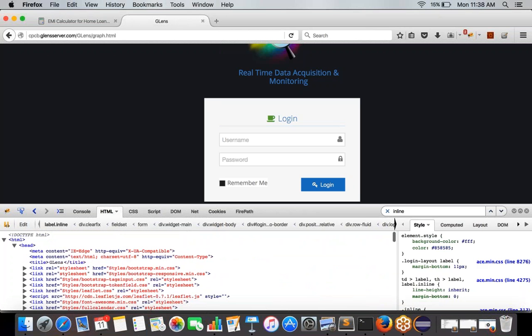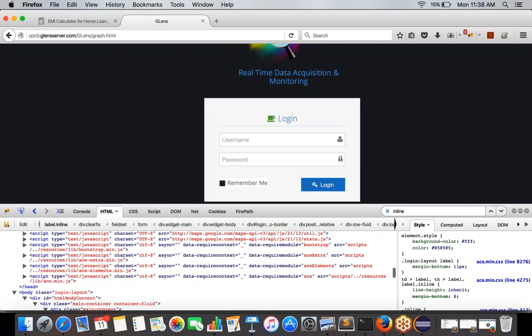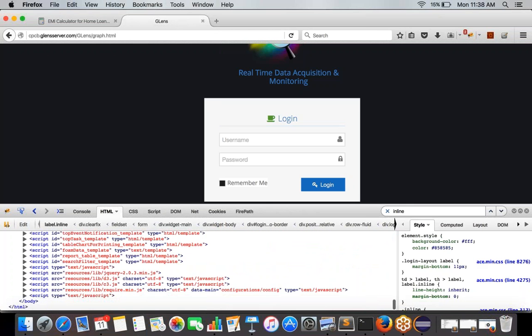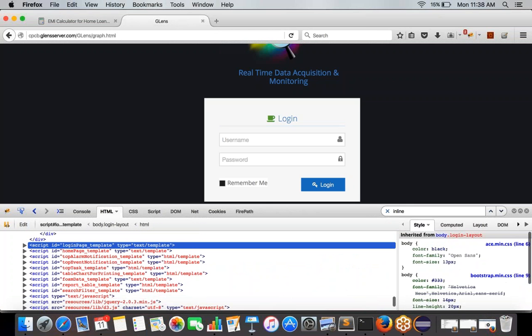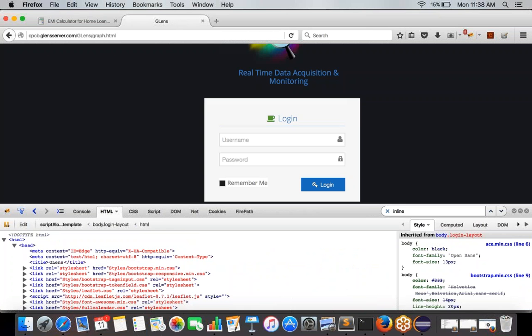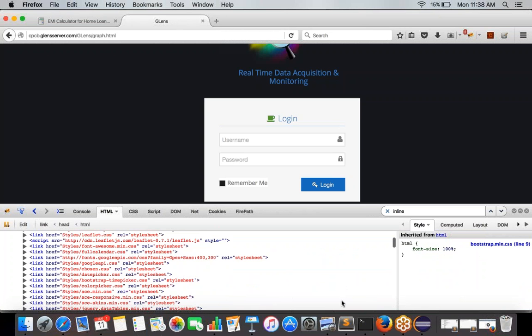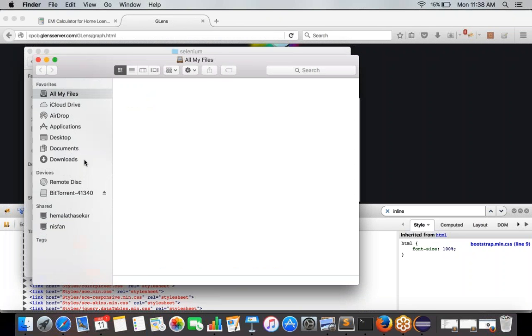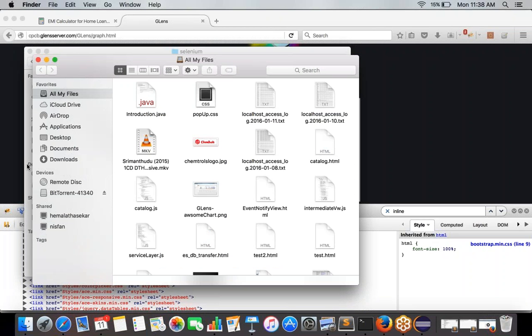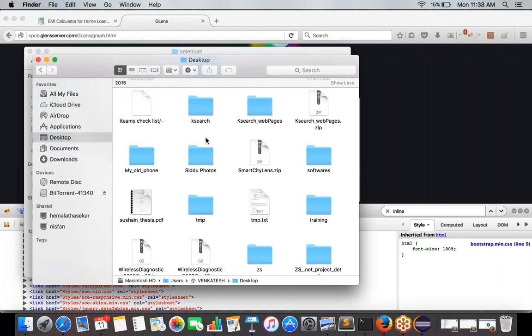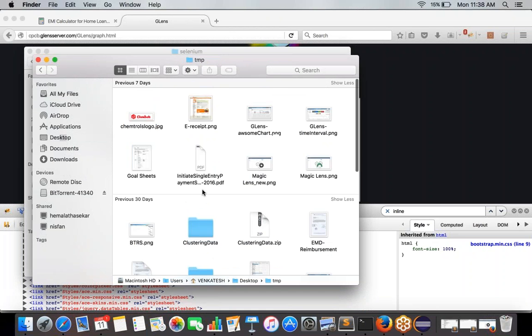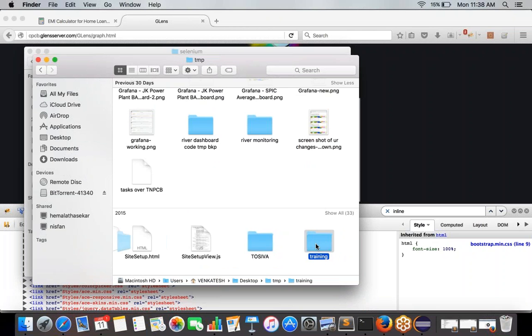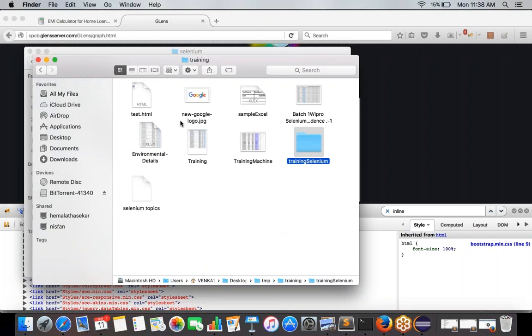Method number two is something called a style tag. Just the way we have a script tag and the link tag, we have a style tag, which is nothing but inside your HTML. Let me show you the